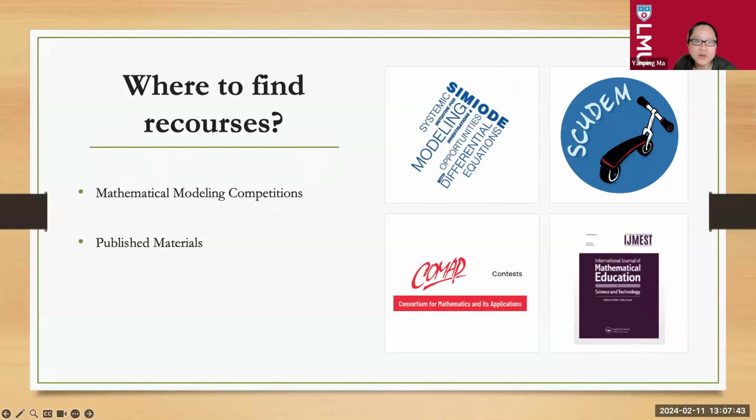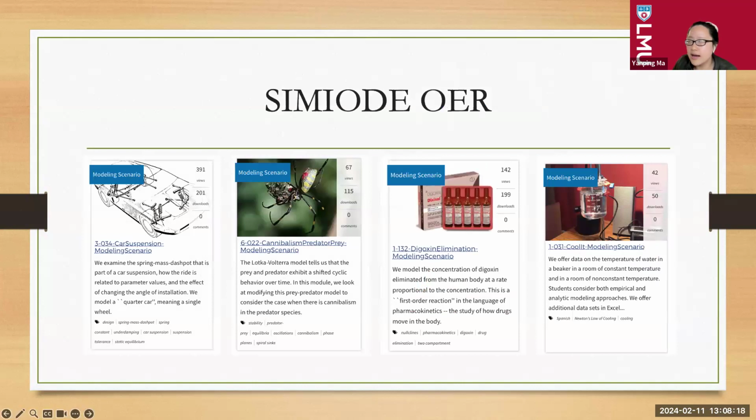Like I said, I struggled to find resources, and after all these years, I finally found several good places to find good resources for modeling projects to use in the classroom. Of course, we have COMAP and open resource materials, and we have SCUDEM, and we have the MCM competitions. And Brian has mentioned the special issue we worked on, published in the journal, and they all have class notes published regularly as well. So there are other materials that are not included in our special issue. I've used many materials from COMAP in the past years, and I have begun to develop some new ones myself.